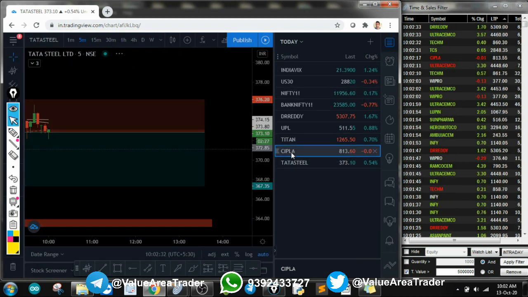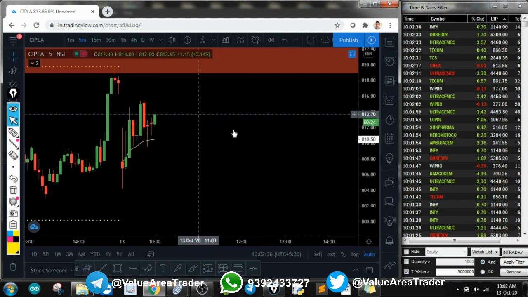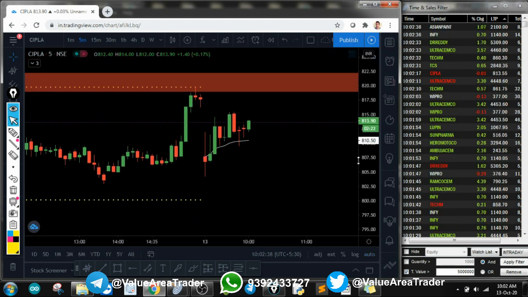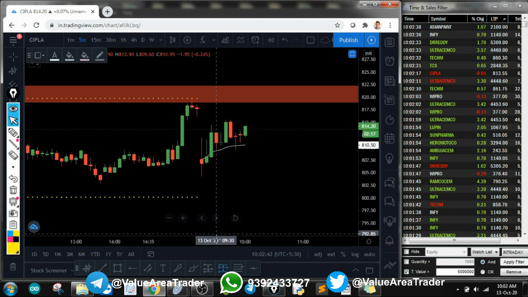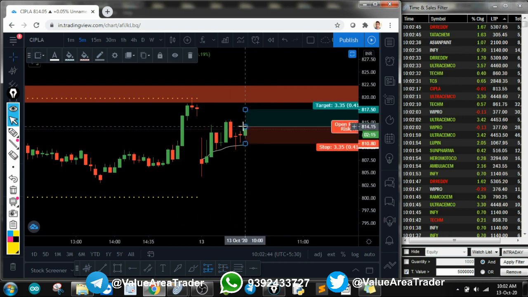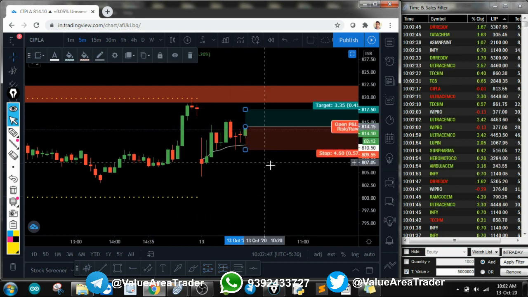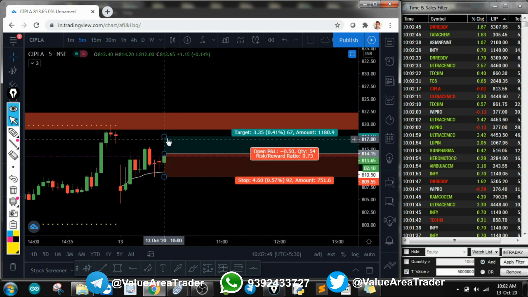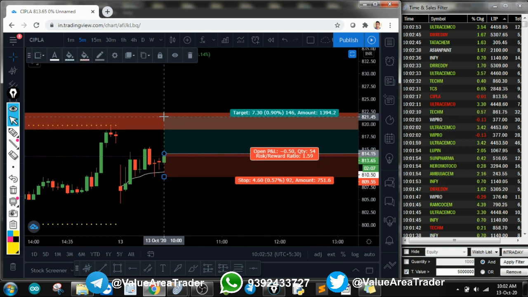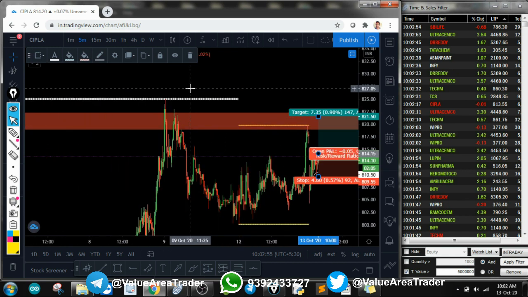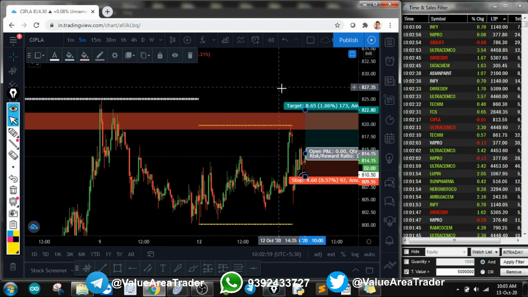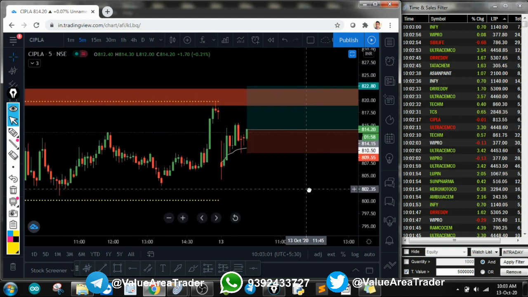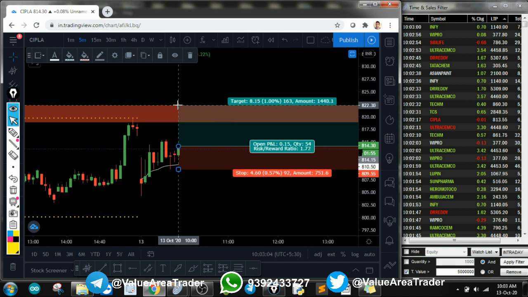Let's see what is happening in Cipla. Are we getting any buying on Cipla because we are looking to buy Cipla? I think yes, I will take a buy trade for Cipla. This is a buy trade, keeping my candle here. That is 0.5%, and risk reward should be 1.6. So we are looking for somewhere in this point. So I'll just extend it here, 8.6. Or else we'll keep it small, 1.5 itself, 1.5 risk reward ratio.